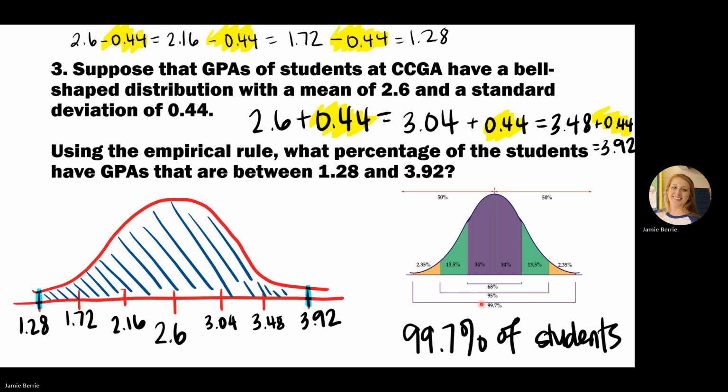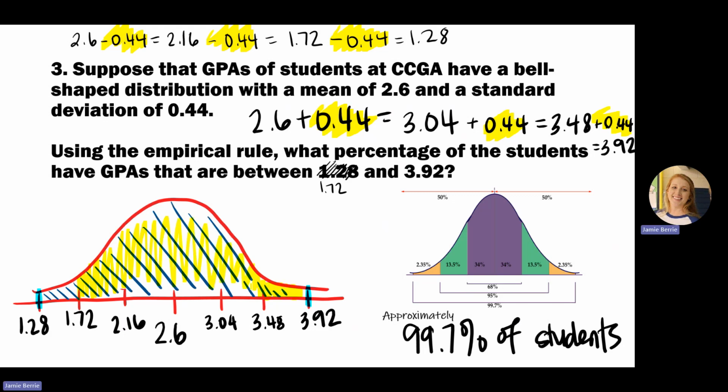Now, this one was super straightforward, very easy. Now, don't forget to include the word approximately, but it can get more complicated than this. Let me show you a very similar problem that would be a little bit more complicated. So let's say that instead of this being 1.28, let's say that was 1.72. Okay. So let's say that was 1.72 instead. All right. Then we would be going from here